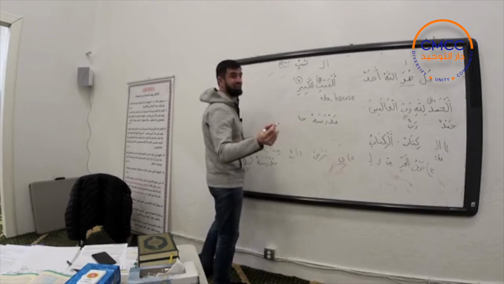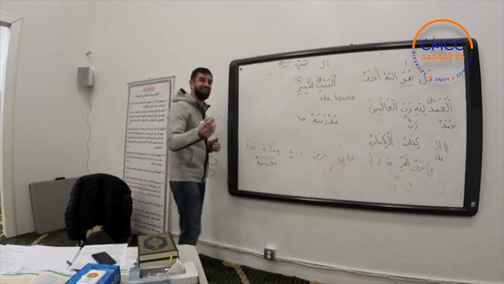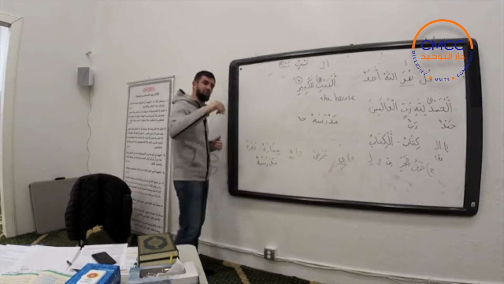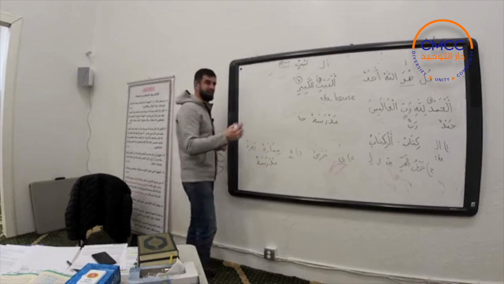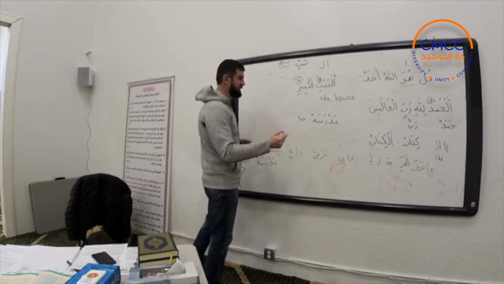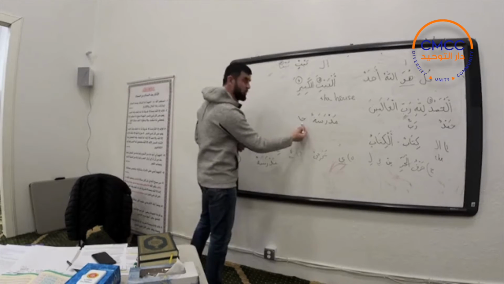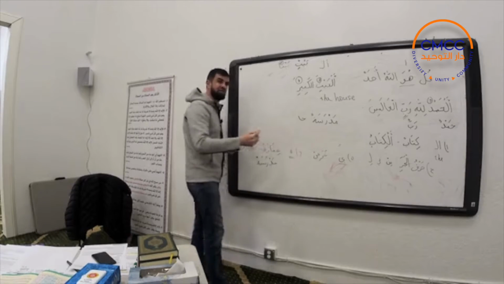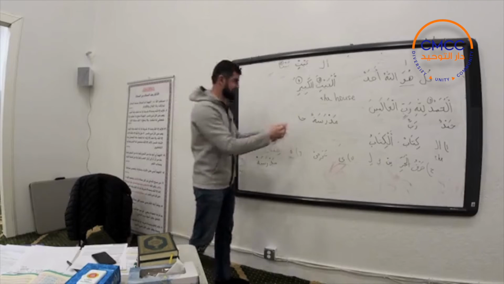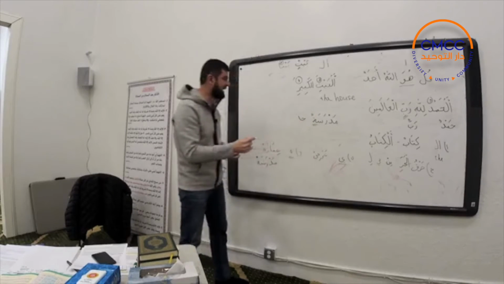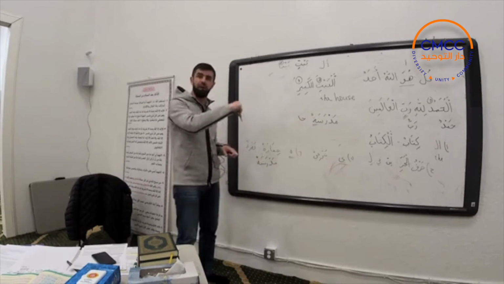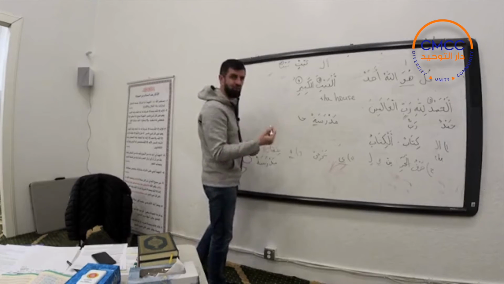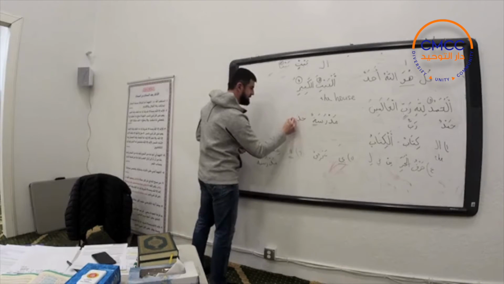How do you say new? Normally jadidun, but new is jadidun, right? If we put the adjective after the noun, which is feminine, which has a tamarbuta, as we can see here, the adjective which follows it will comply to it. So it means it's going to be feminine too. So it's going to be madrasatun